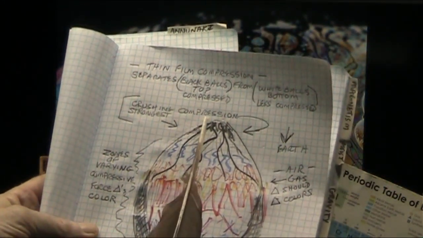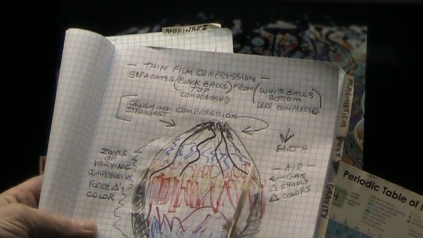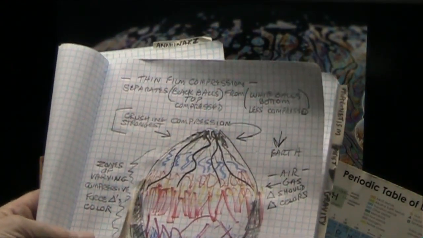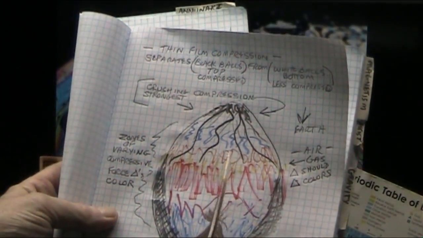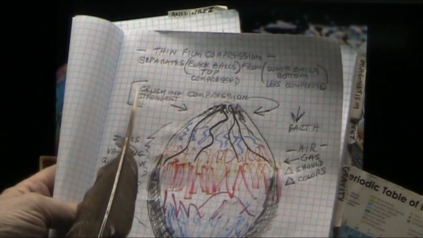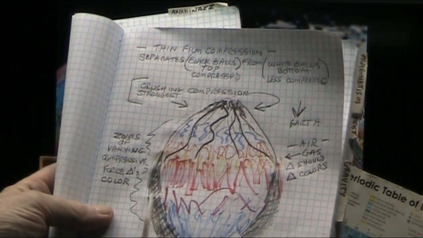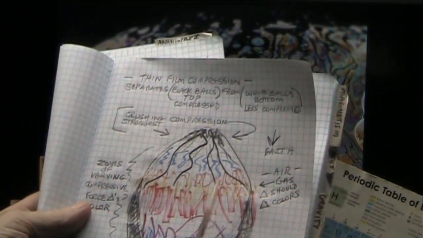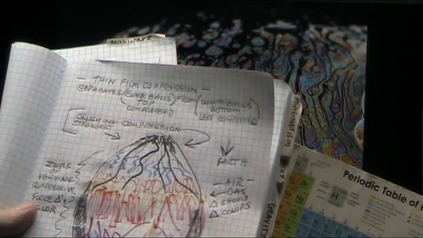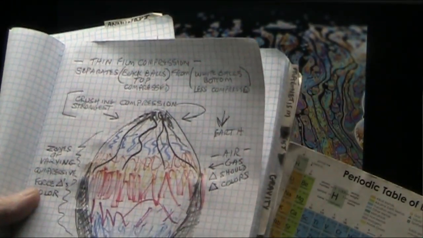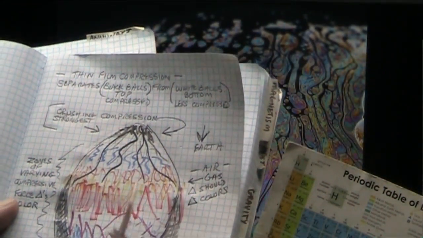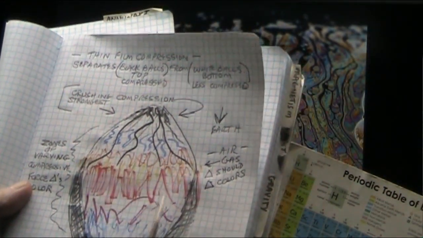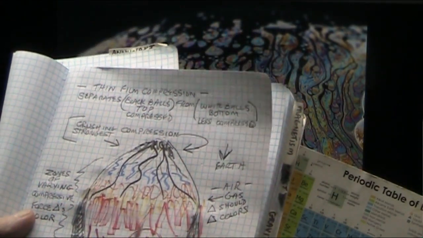This is the thin film up here. This is the thick film down at the bottom. And water pulls it down, and it all just sort of migrates down. That's why you see different colors. There are different compression zones. So make yourself notes. And what is the air that's in here? Is it just something that is in the air? Could you put carbon dioxide in there, or nitrous oxide, helium? What would it do to these colors? And in my, you know, I'm going to tell you what.